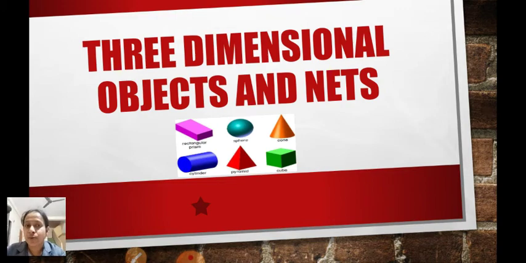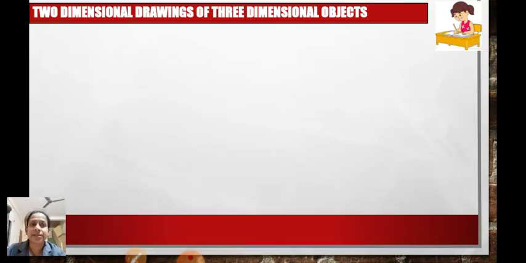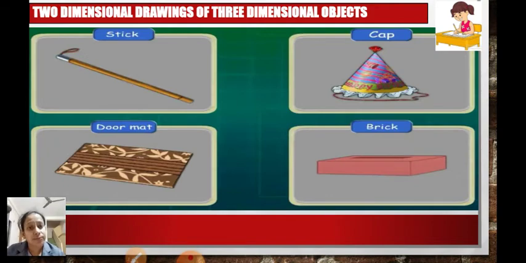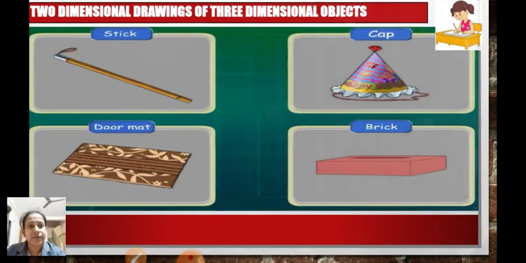I hope you know what two-dimensional objects are. If you don't know, let us see what is the difference between three-dimensional objects and two-dimensional objects. Two-dimensional drawings of three-dimensional objects. You know, in our daily life, we come across objects of various types and shapes, right? All of them have similar properties, okay? All have a common characteristic, that is, they have length, breadth and height, right?